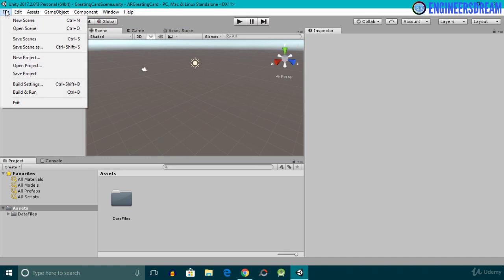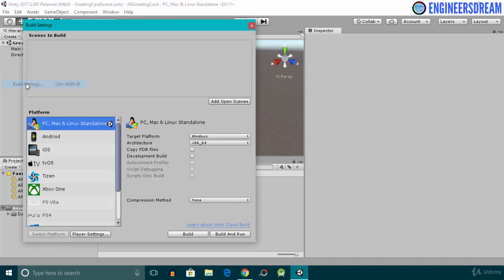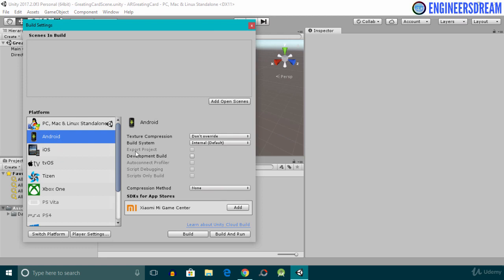After saving the scene, next I'll click on file, I'll then click on build settings and I'll switch the platform to Android, as I'll build and run this app on an Android smartphone. If you have an iOS device like an iPhone or an iPad, then you can select the iOS platform and after this you can click on switch platform. Okay, so with the Android platform selected, I'll click on switch platform. So the platform is switched to Android.